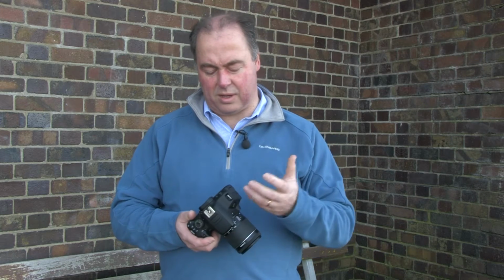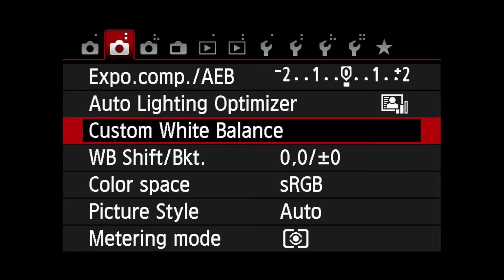When you work under fluorescent lights, they have quite a green cast to them, and so the fluorescent white balance will help remove that green cast automatically for you. For the best and most accurate white balance, when colour is critical, you can use the custom